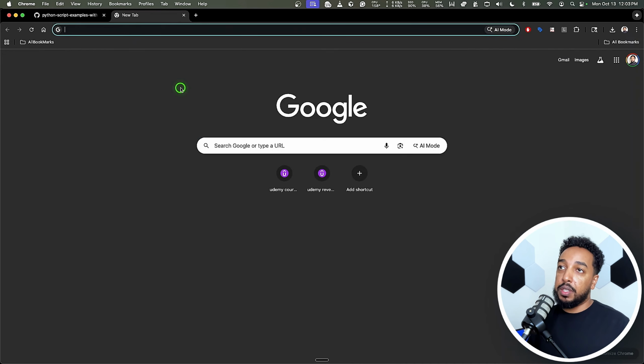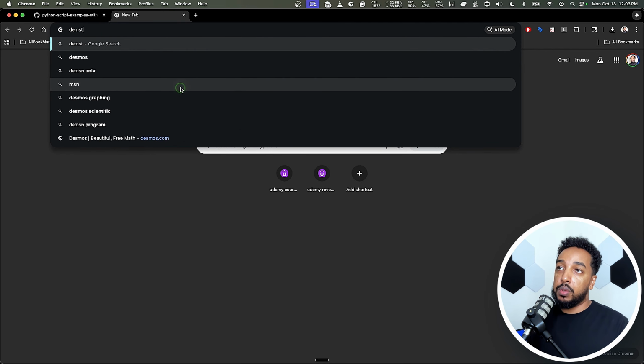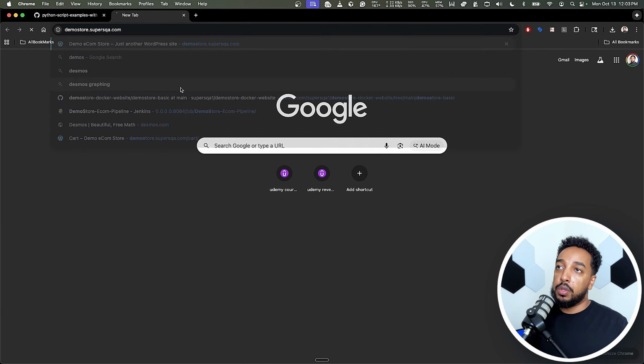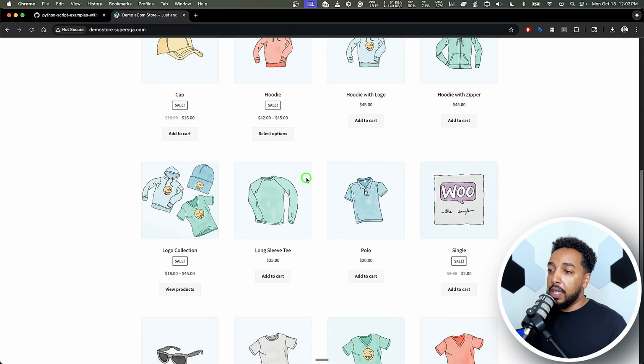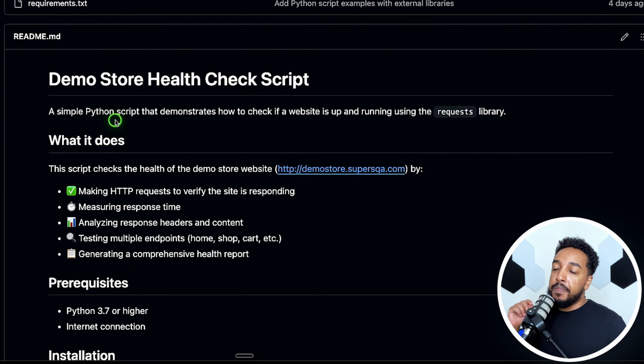website is up. First, let's make sure the website is even up. Demo store dot supersqa dot com. It's HTTP, it's not HTTPS. Okay, it's HTTP demostore.supersqa.com. So this site is up. So this script is basically making a request to the site, getting a response, and making sure the site is